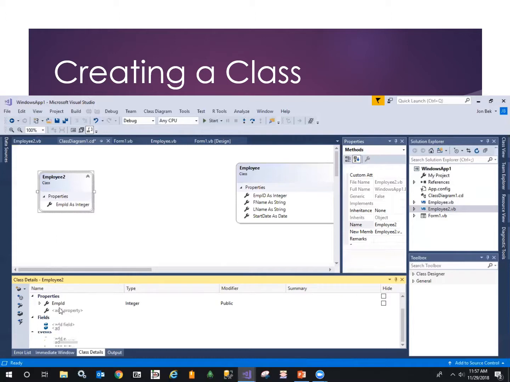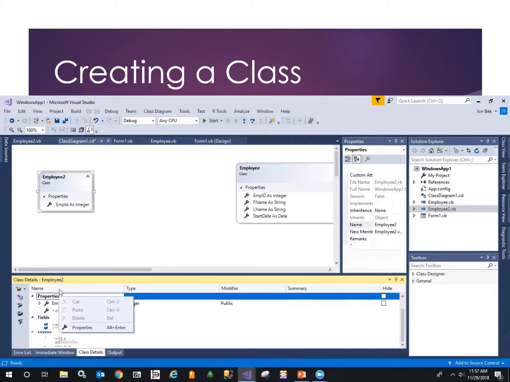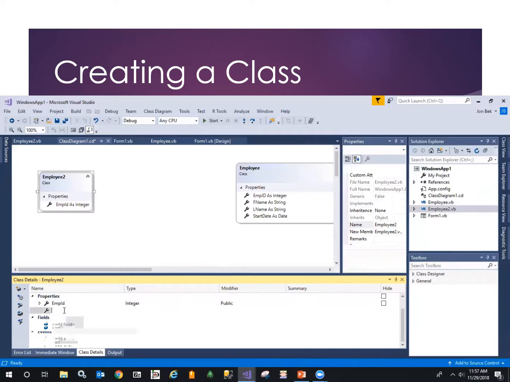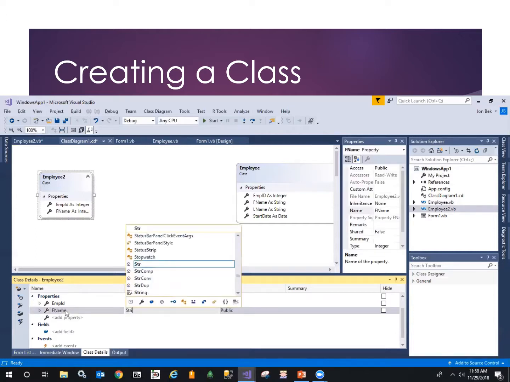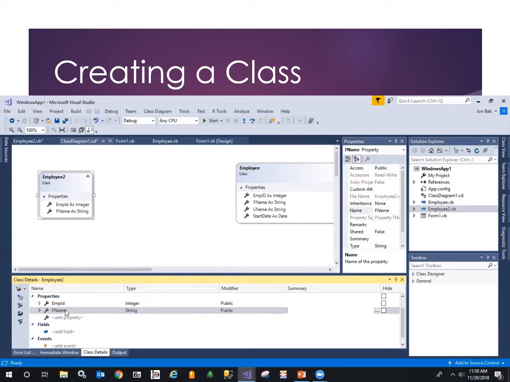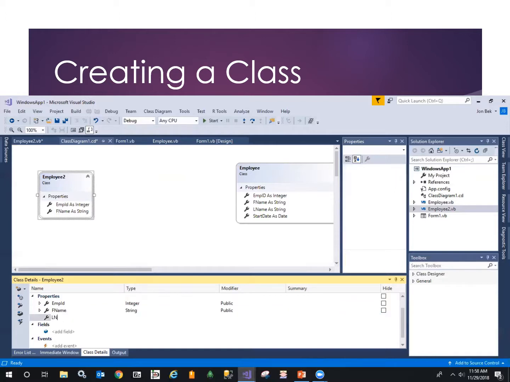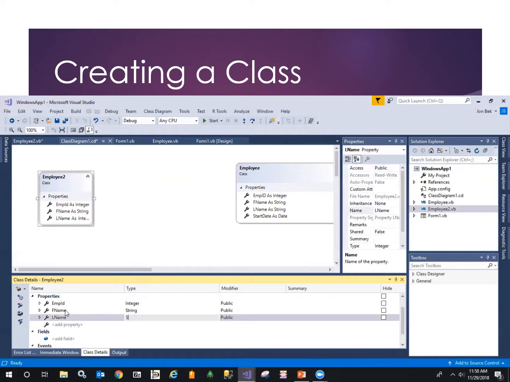As a matter of fact, I can add things right here. If I wanted to add a property, I could do it right through the designer and say, okay, let's have an fname property that's a string, and let's have an lname property that's a string,